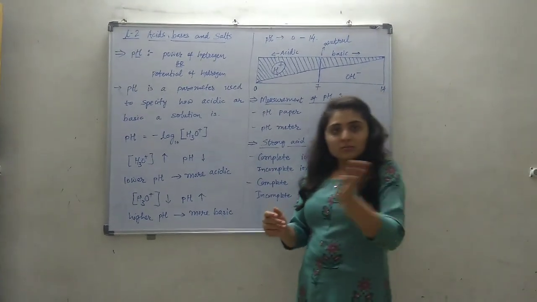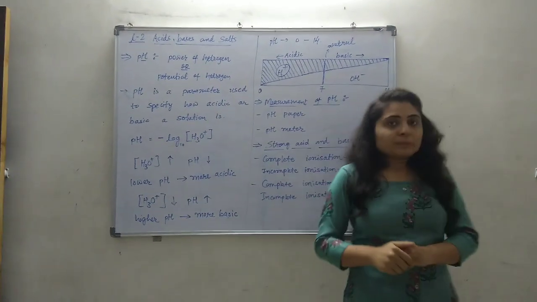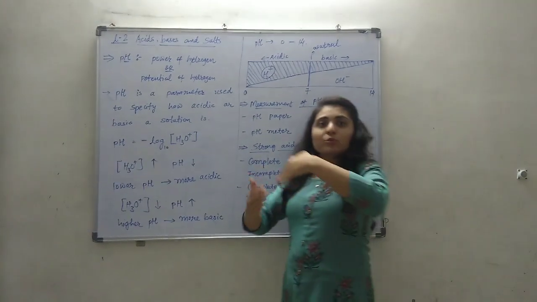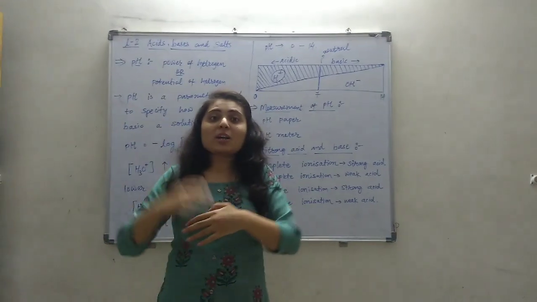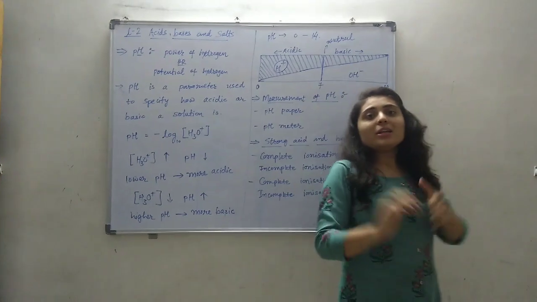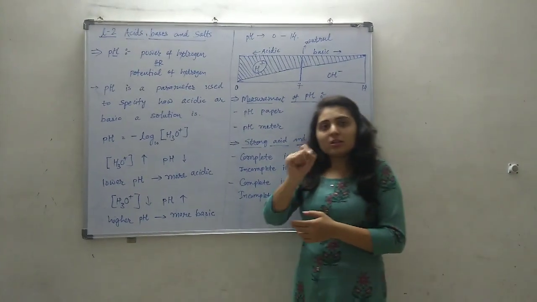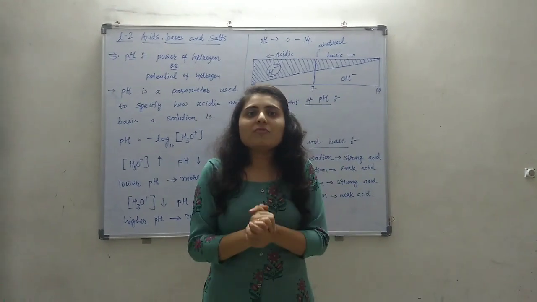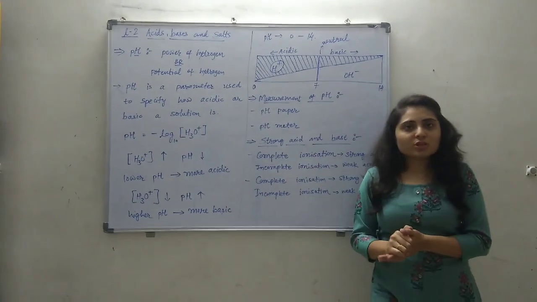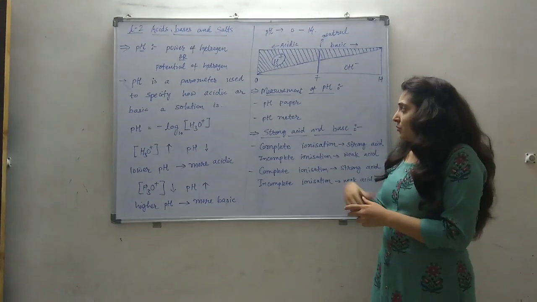If it is yellow, then the pH value increases. For green color, the pH value is 7. For blue and violet, and ultimately dark violet, the pH value is 14. So the color band of pH paper is given with the paper. Depending on the color you get, you can predict the pH value of a solution, but that is the approximate way of measuring pH.